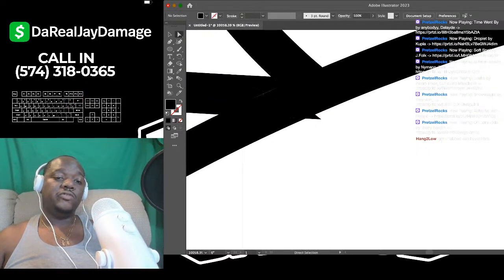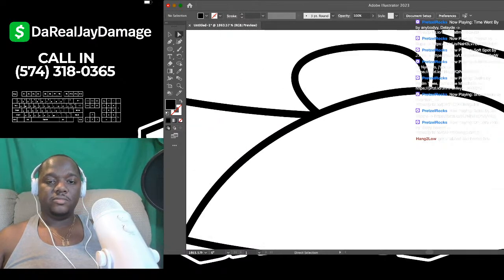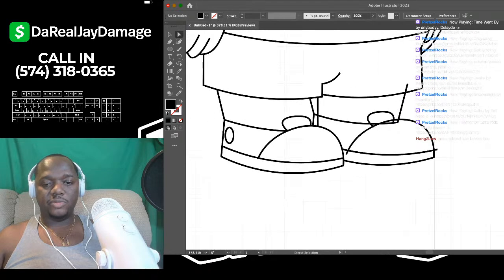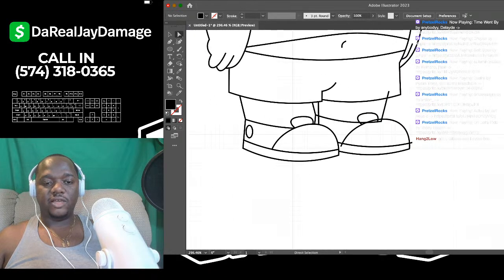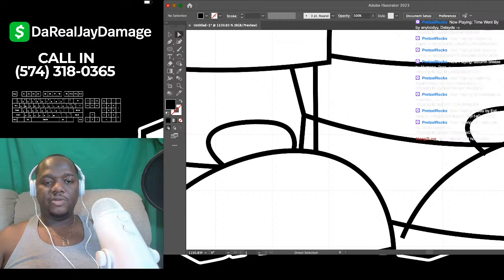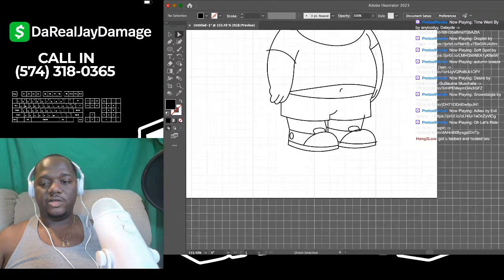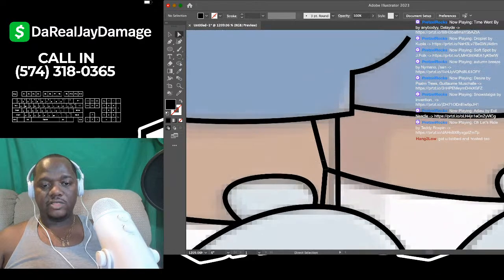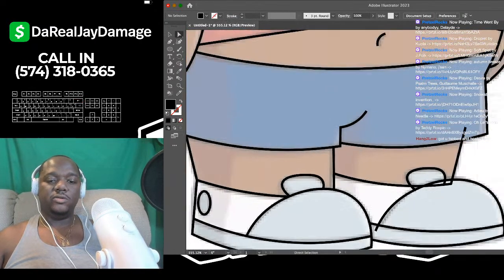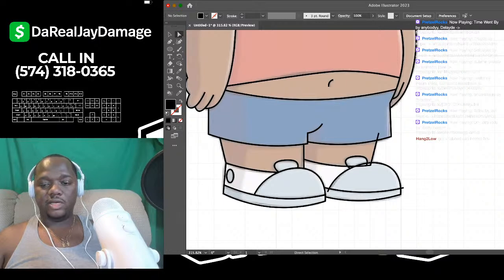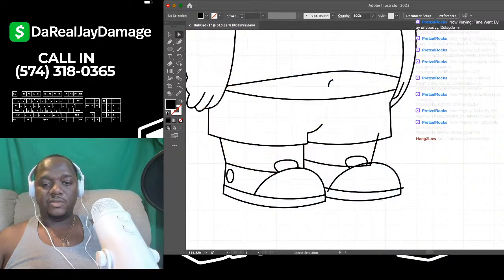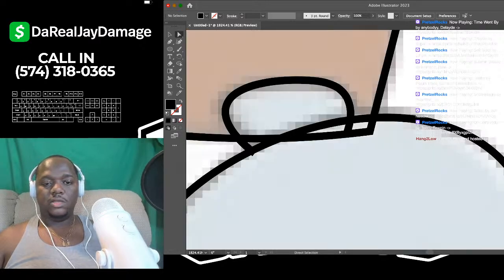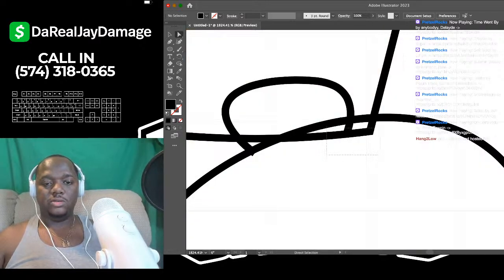If you don't want to hold shift, you can just click delete. That's simple. Very simple process. For some reason, I feel like a lot of people are taught that this is actually harder than what it is, when it really ain't. Okay, so I believe this is... okay, cool. Almost lost track of what exactly this part of his body was. Okay, cool. And then this is the other part of the shoe.